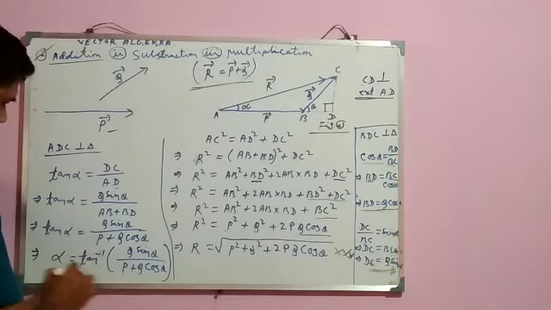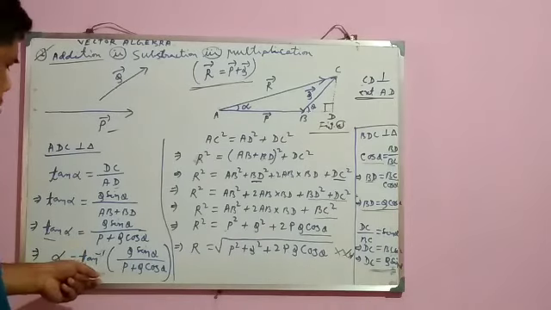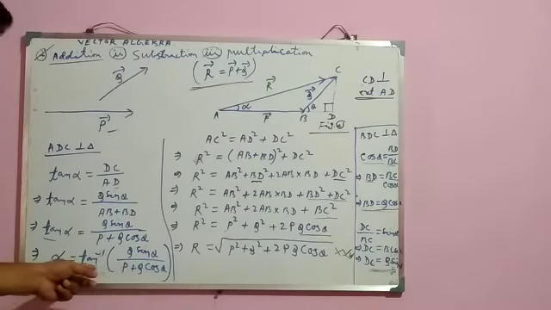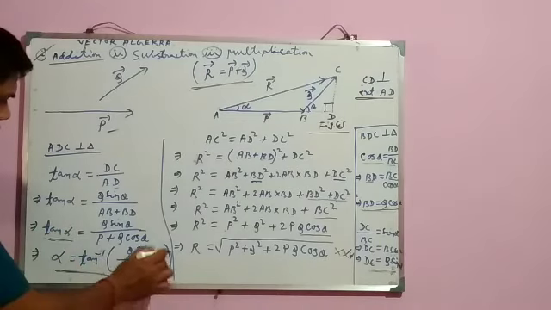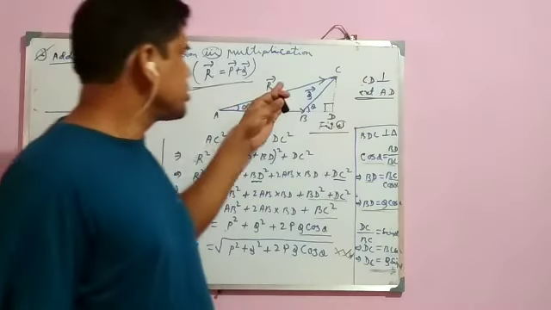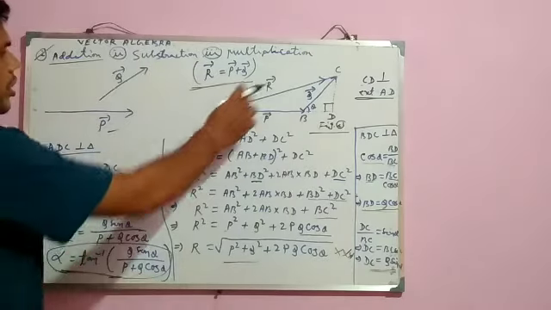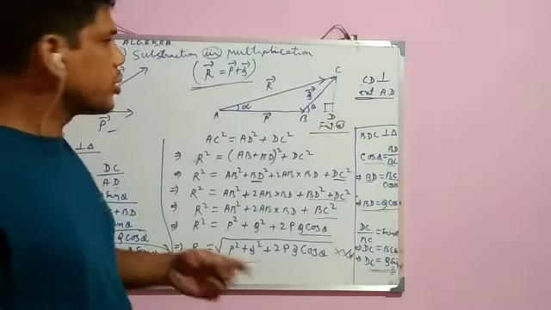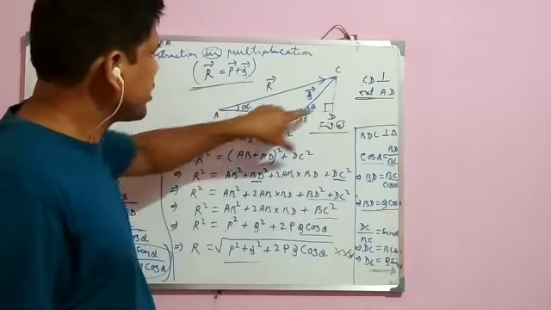I think you don't know these things. You have to know these things, because it is in mathematics. Later on you will get these inverse functions. So tan alpha equals this and alpha equals this one. By knowing alpha, we can find the direction of this resultant vector. So using these two formulas, we can find the resultant vector R, both magnitude and direction, after adding vector P and vector Q.